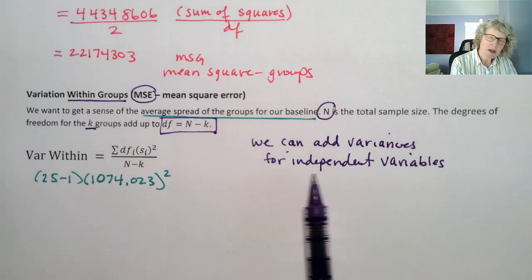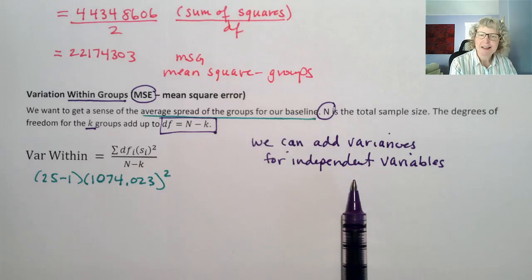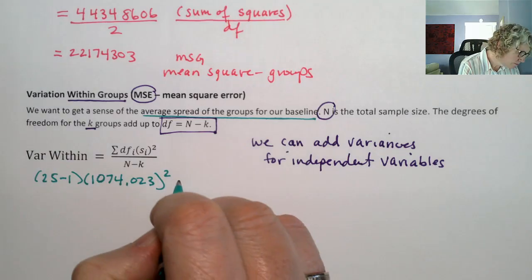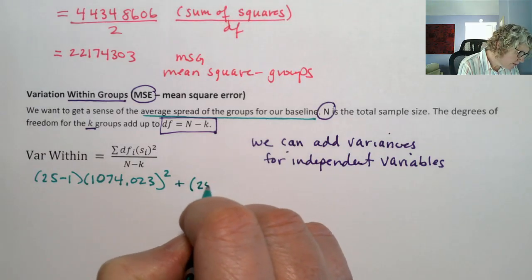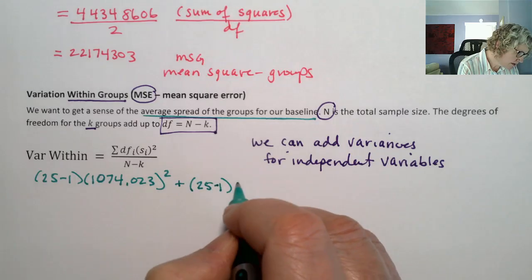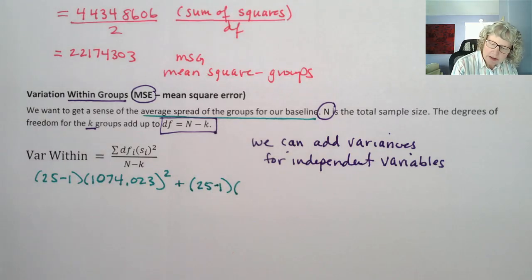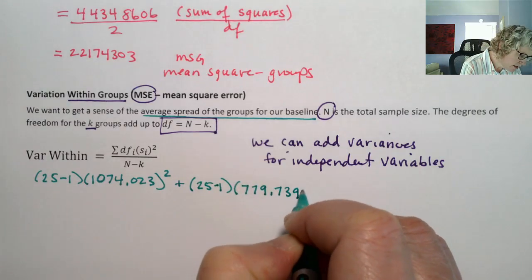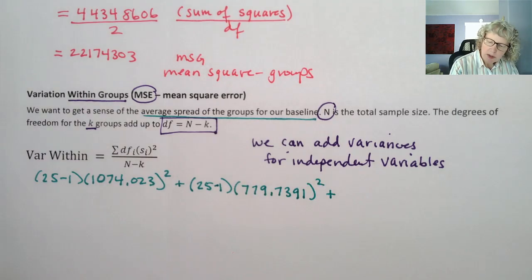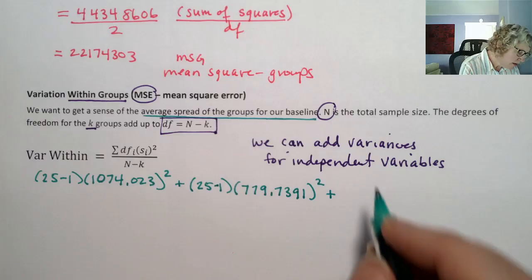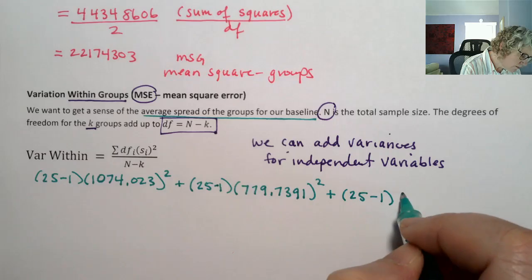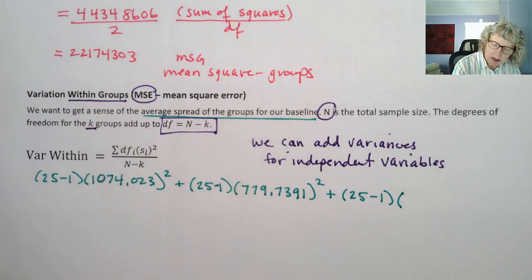And so I bet you can imagine there's going to be some kind of independence condition, because we need independence in order for this formula to be valid. Okay, plus the second group, 25 minus 1, again, these are all the same size, so it just happens to be kind of nice. 779.7391 squared. I'm being very careful because I made a mistake last time. It's easy to do, so that's why once we do this once, we're going to use technology once we understand the process. Okay, 25 minus 1 again, times our third S is